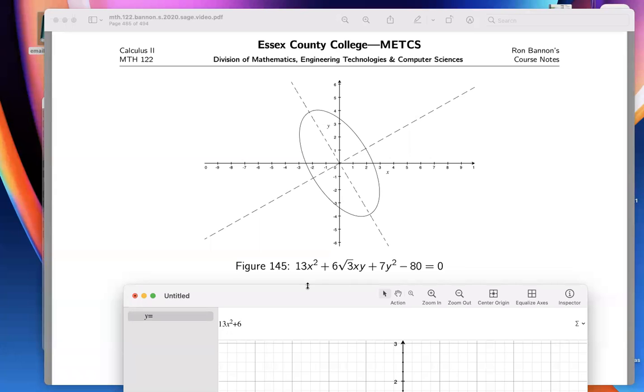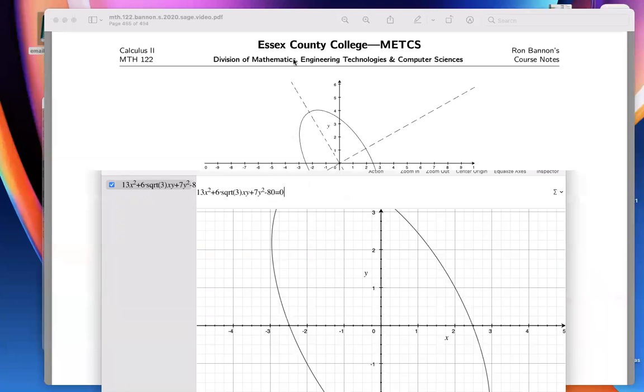I'm just simply reading what's in the notes. 6 times the square root of 3, and then xy, right? And then plus 7y squared minus 80. Whoops, made a mistake there. Minus 80 equals 0. Now, granted, I have a picture, and I'm hoping when I do a picture, that's relatively